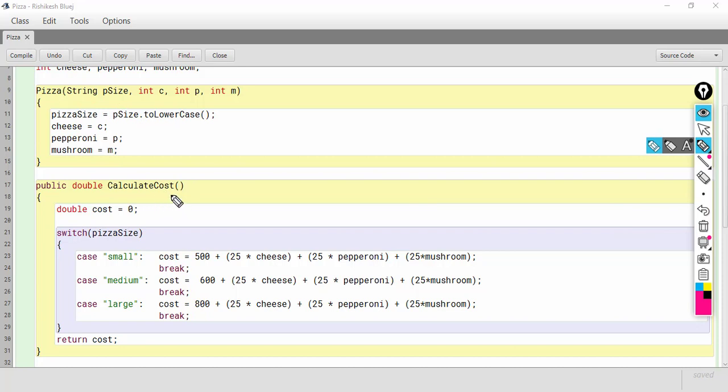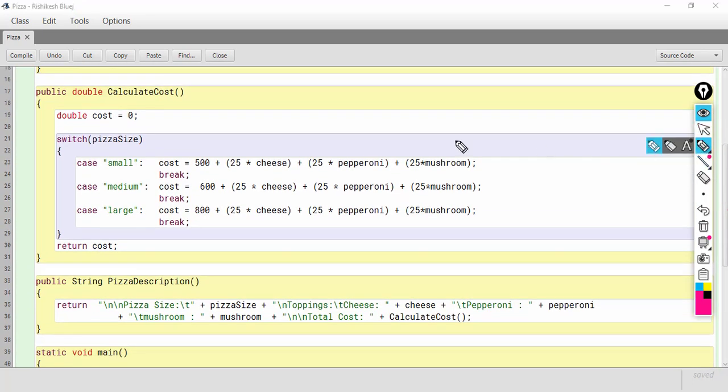Now this is the calculate cost function. Here I have declared the variable cost, which is initially 0. Then I am using switch case to determine the cost. So if it's a small pizza, the cost will be 500 as per the question.